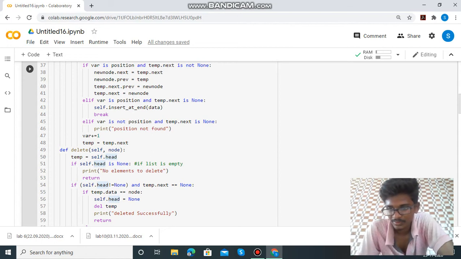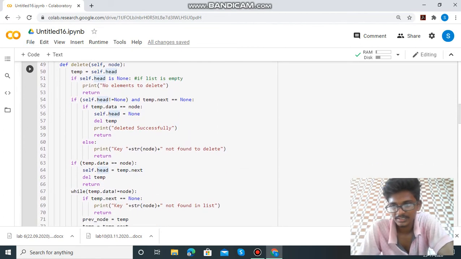Then else check if the counter is the required position and next field of the node is None. If it is true, call insert at end. Then if none match, print position not found. In each iteration, increment counter by 1 and update temp with temp dot next. Then it stops.